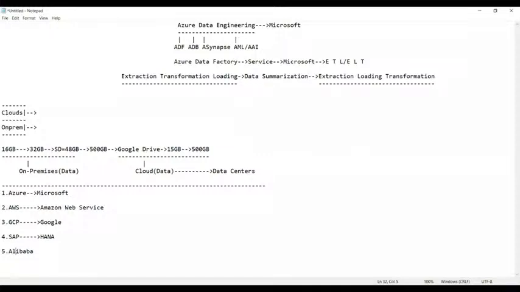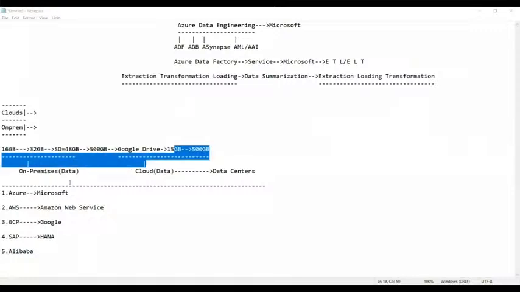Now, guys, we have many mobile phones available in the market. But who is called the market leader in mobile phones? iPhone. Right, Apple is the market leader. Am I right? Who is the second market leader even today? Samsung. Very good. Why? Because of some good features, the software they are using, whatever it may be. In the same way, here we have many cloud providers available in the market, but the market leaders are these three only.